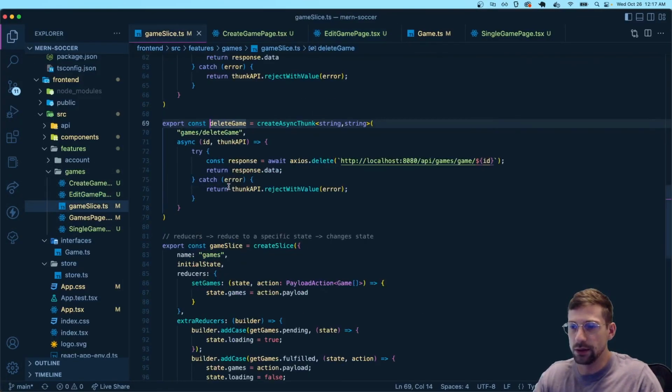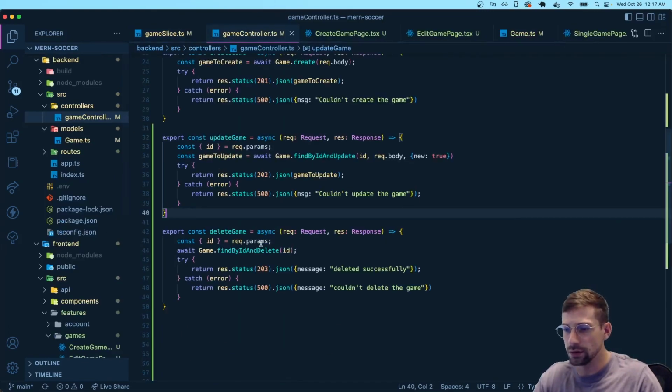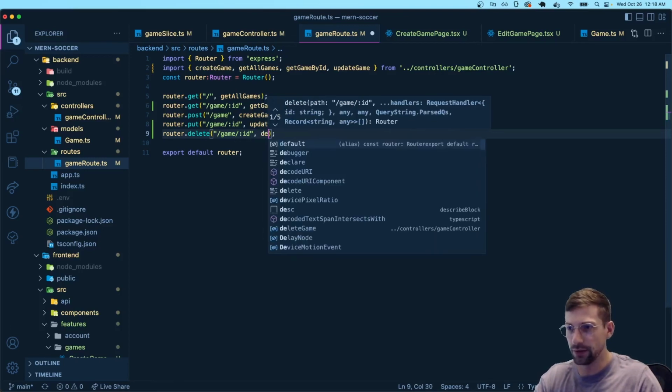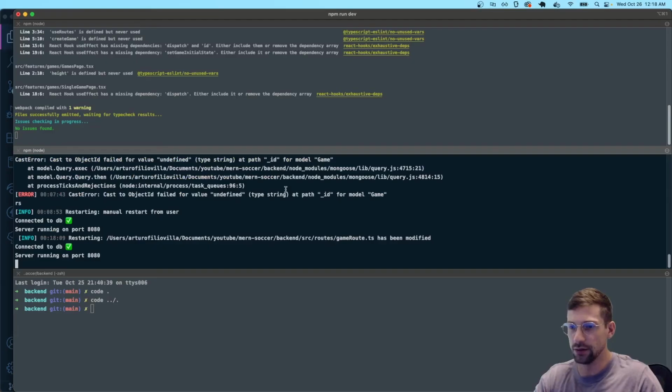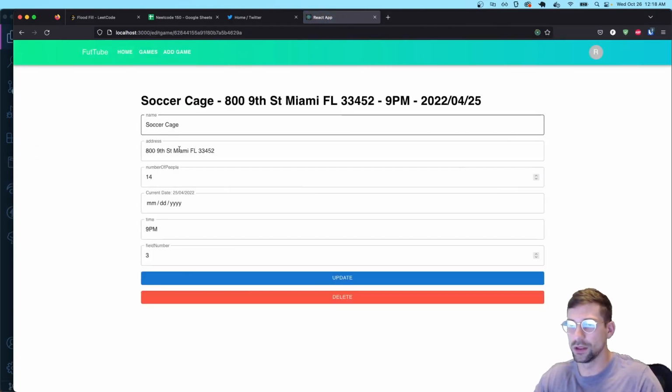So let's go to deleteGame here. HTTP Axios delete localhost games gameID. Okay, so that seems fine. So on the game controller, deleteGame, res.status, await Game.findByIdAndDelete. That looks fine too. Now let's go to the game route. So, no method, deleteGame. Okay, there you go. So I already restarted. So now it should work. So I'm just gonna refresh everything. I'm gonna go here, edit, delete,